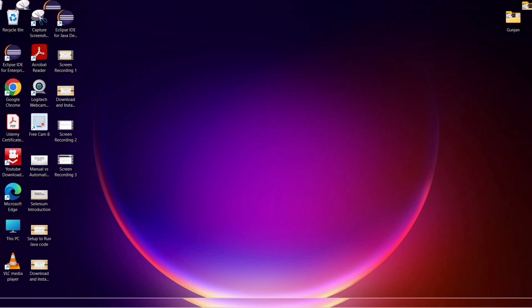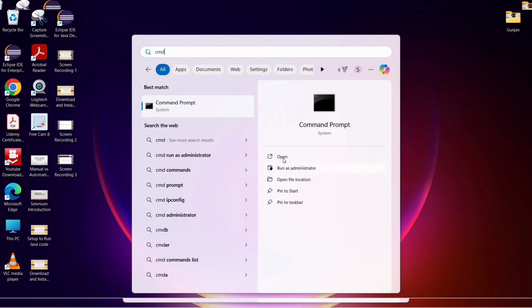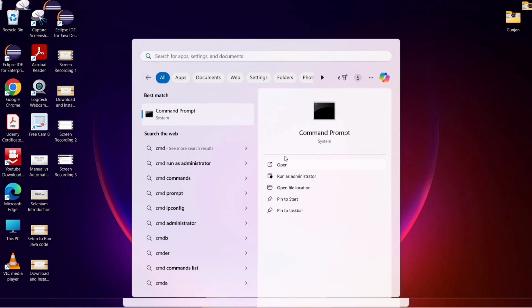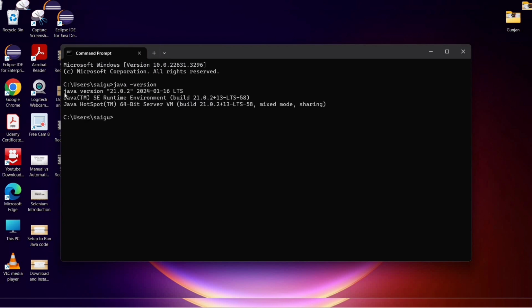Now we are going to check whether Java is installed or not. We will click on search and then cmd. We will open it, and now we will write java -version and we will check the version. Yeah, the version 21 is installed because it is showing Java version 21, and same version is installed in our